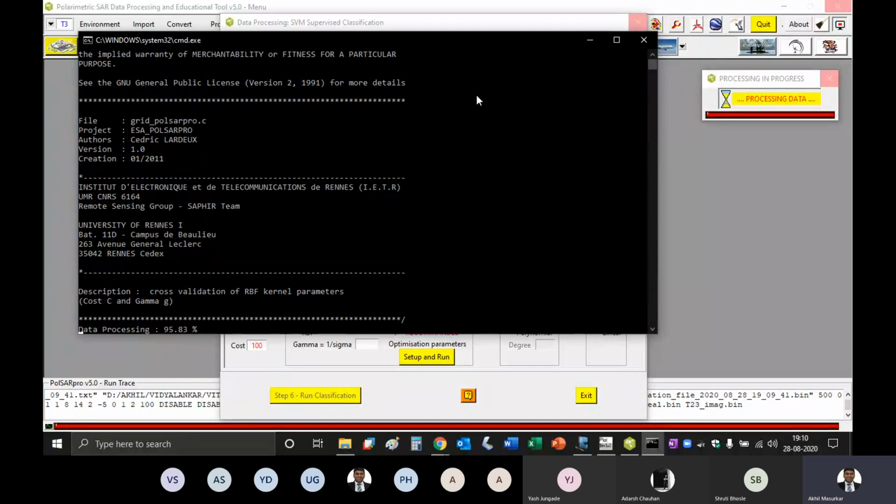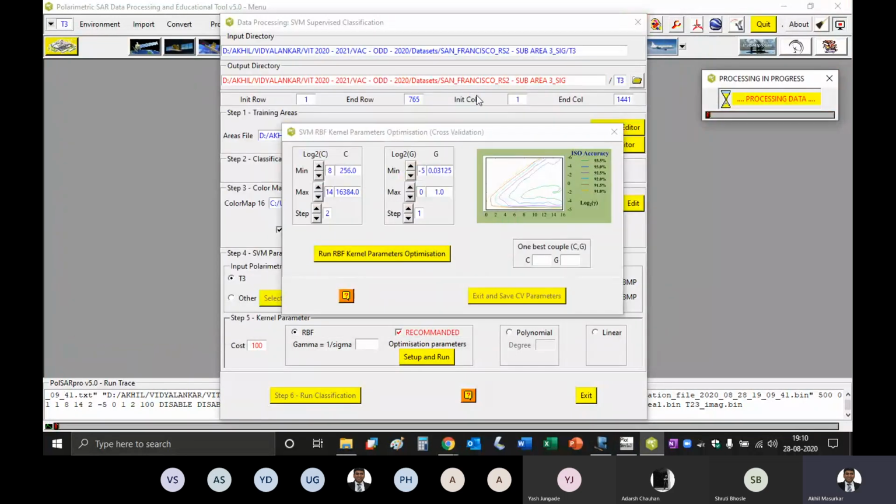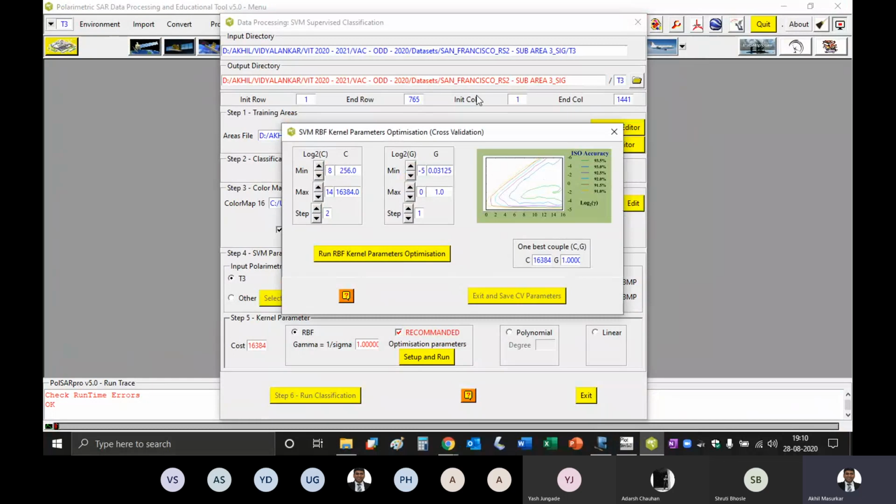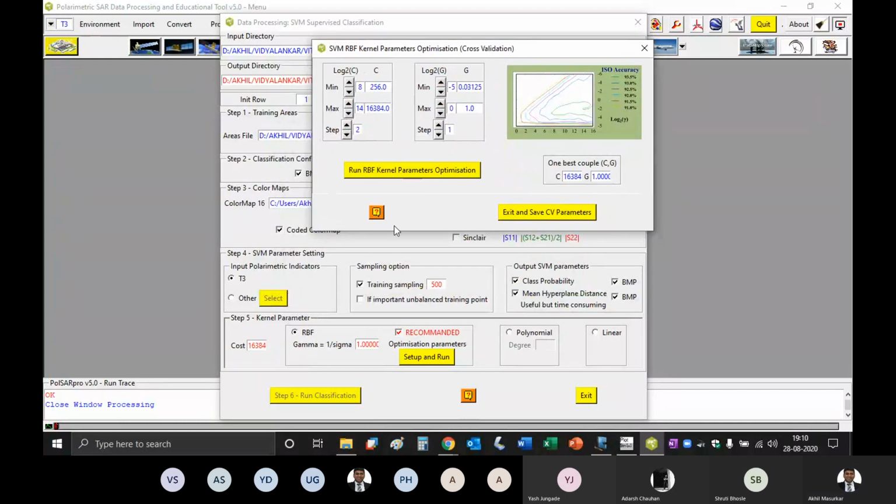You can take a smaller one also, like you can type 50. Just tick here training sampling as 500. You can take it as 50 also, but it will take some time. And then just tick recommended and say setup and run.